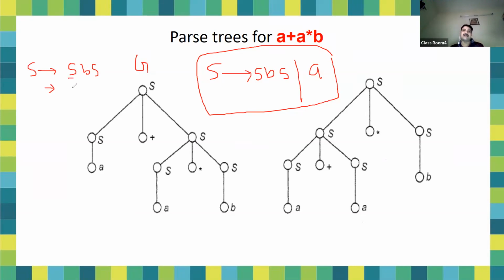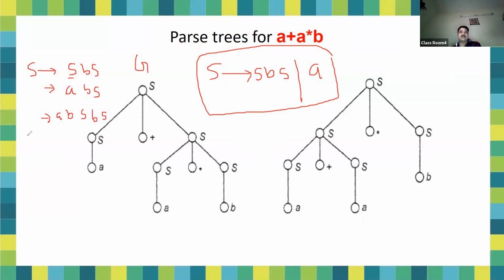हम लेफ्ट मोस्ट के थ्रू भी निकाल सकते हैं स्ट्रिंग को, राइट मोस्ट के थ्रू भी निकाल सकते हैं. तो स्टार्ट विद द लेफ्ट मोस्ट वन, है ना? तो इस पे लिखा मैंने a because S can be replaced with a. This grammar is given to you, and this is S. Again we can start, S to a. अगर S की जगह a रख दूंगा तो यहाँ स्ट्रिंग खत्म हो जाएगी. तो थोड़ी बड़ी ले लेते हैं हम, है ना? So S can be replaced with SBS.